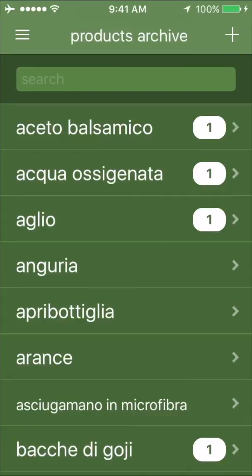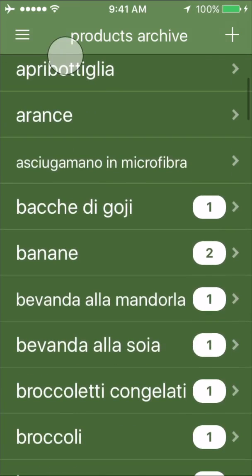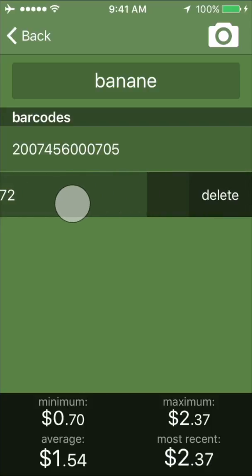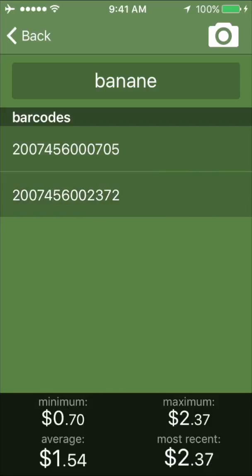There's no real need to do anything here, besides maybe renaming some product or deleting someone added by mistake, but I'll give you a quick tour anyway. Near some product, you can see a number. It indicates if the item has one or more barcode associated. This because you can buy, for example, milk in different places, with different boxes and codes. Clicking on one, you can see the associated codes, add new ones tapping the camera icon, rename it, or deleting codes with a swipe. And also see some useful statistic data about previous shopping.